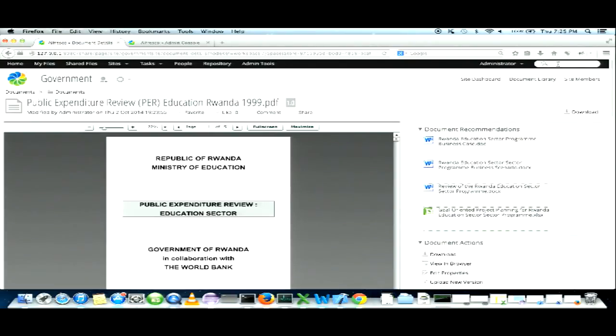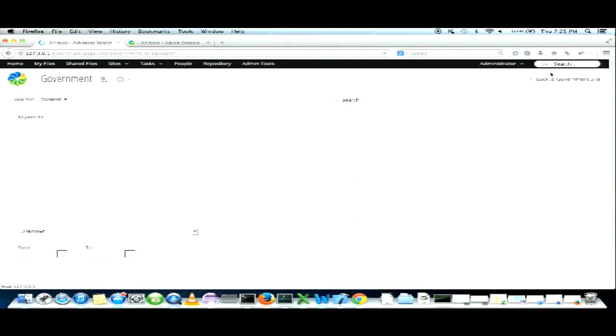And now we will see the search functionalities, new search features. So this is advanced search, and there we have introduced a new custom search called contextual search, where you can search from the context. So I think you can see previously we uploaded a document related to Rwanda education.